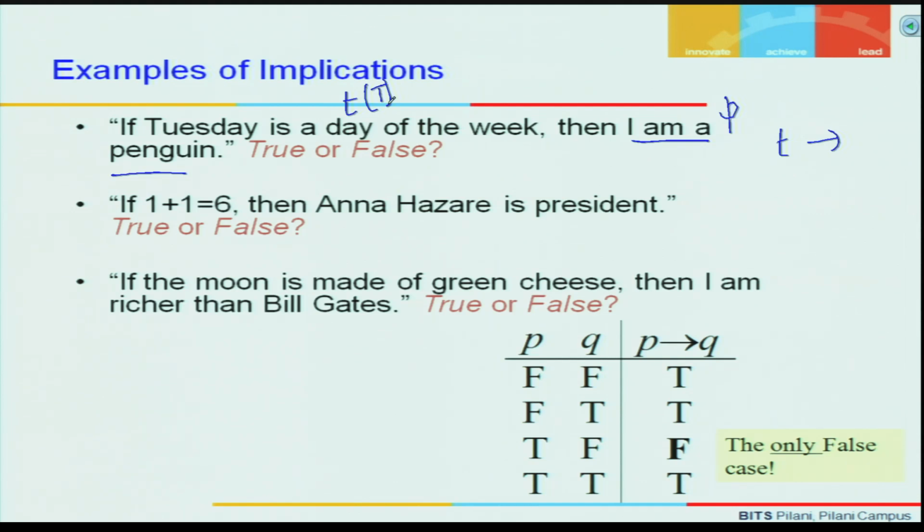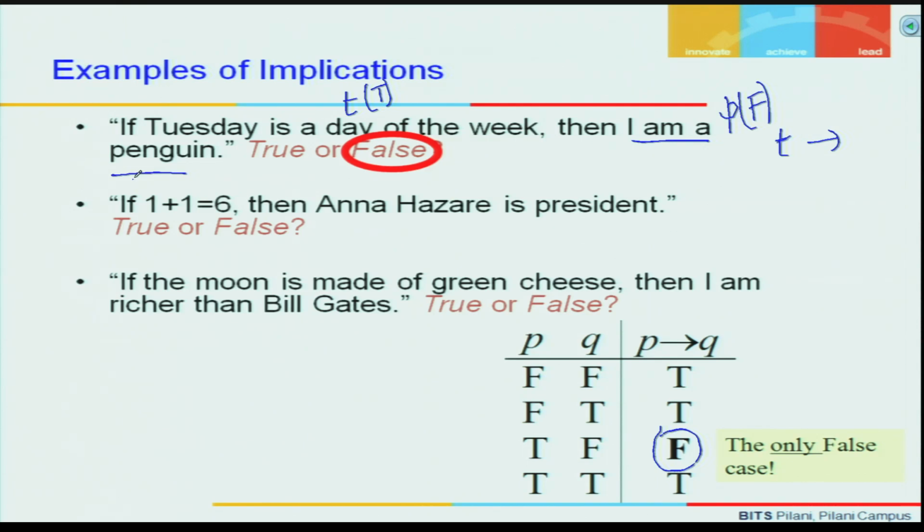I am a penguin, definitely I am not, hence it has truth value false. Now to know whether the statement is true or false, I go to this particular combination. When T is true and Q is false, then P implies Q is false, hence this whole statement is false,